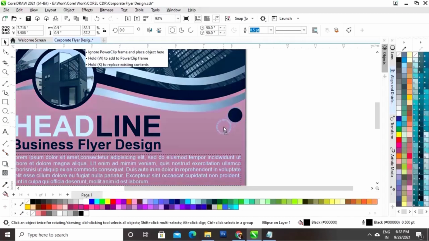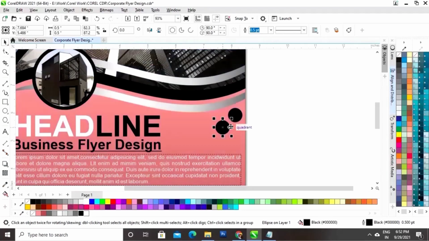Now we'll make a copy of the circle by drag and right click. Then we will decrease the size. Now again we will make one more copy and now we will give a white color.